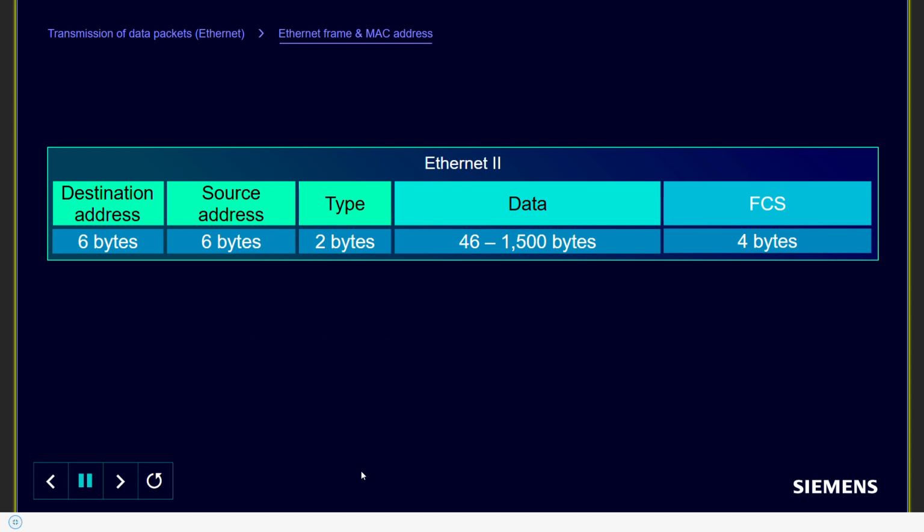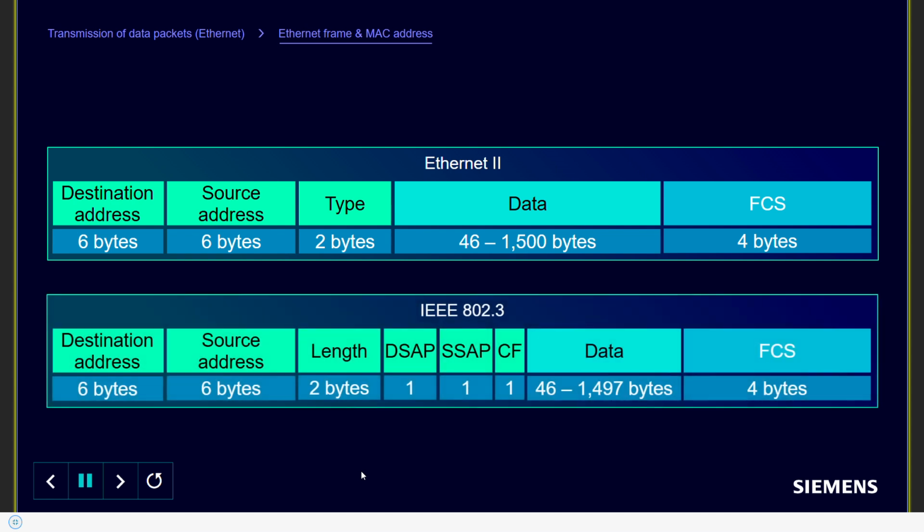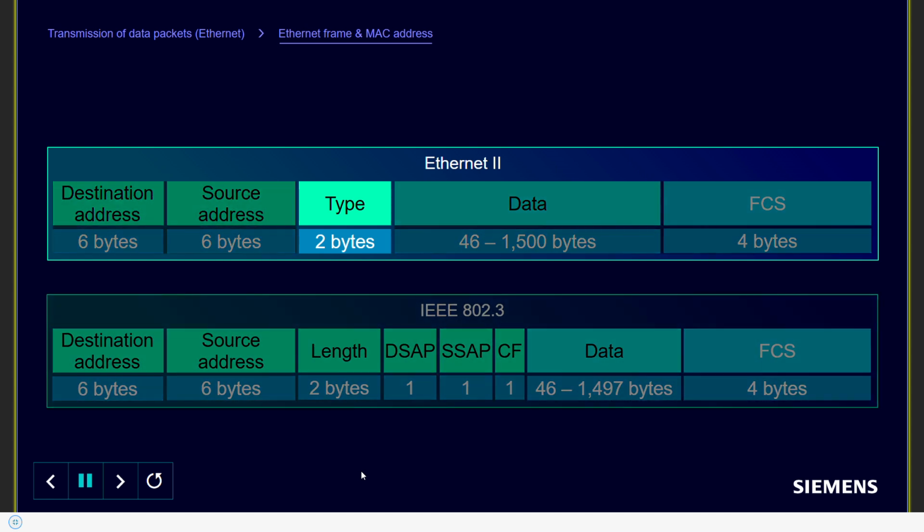Let's look at the two most commonly used frames, Ethernet 2 and IEEE 802.3, in the example. The type field, which comprises 2 bytes, contains information on the protocol of the higher level layer, which the receiver can evaluate. Ethernet 2 is uniquely identified by the size of the type field with a value of greater than or equal to